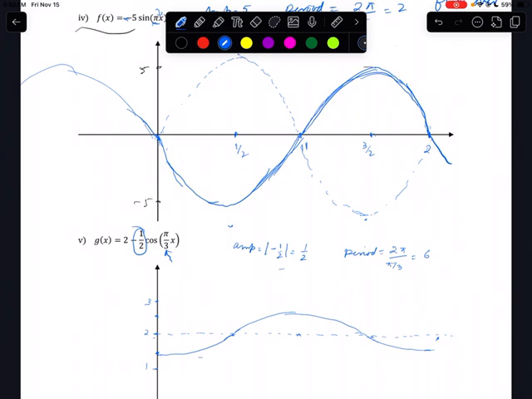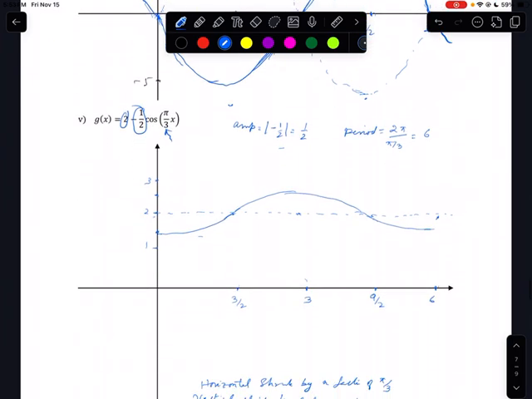So what does this number do? This is going to shift everything 2 units up. So the axis of the function moves up. Remember, both sine and cosine we draw with the x-axis kind of in the center, with parts above the x-axis and below the x-axis. So we can call it the axis of the function. This axis is going to move up 2 units. That is where I have the dashed line drawn. Okay, and you can go on this side as well,